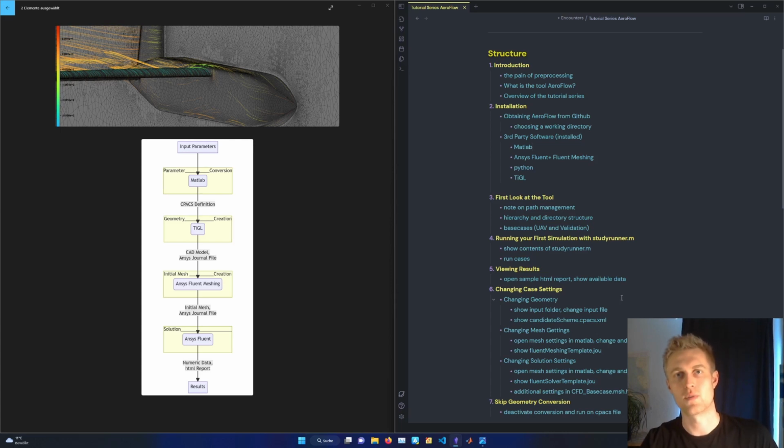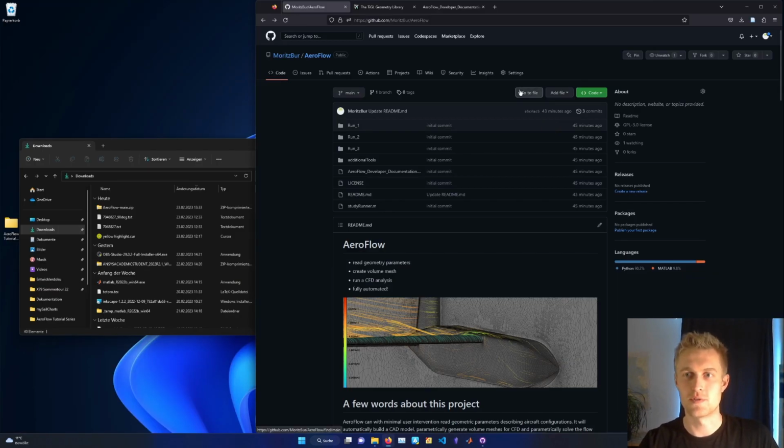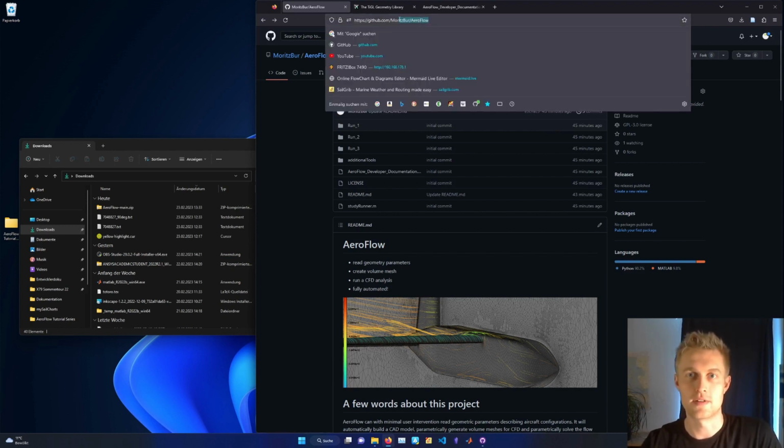Let's get started with the installation. I would say we will begin by obtaining the Aeroflow tool from GitHub. If you have it already, that's fine, but I will just show you if you don't have it. So we can go to github.com, and I mean this